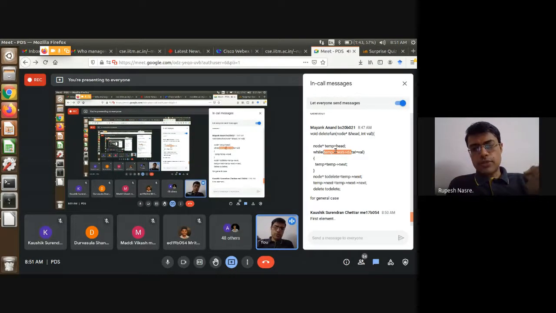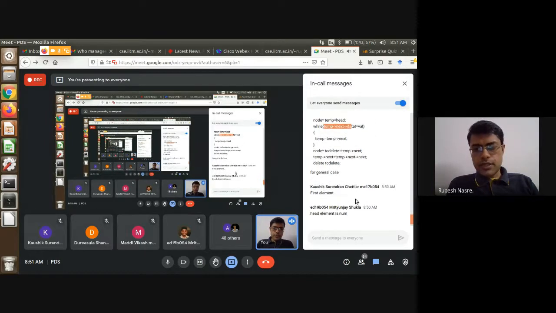So the first node's value, that is head arrow val, head arrow data, is not being checked because we are checking temp arrow next arrow data, which is essentially head arrow next arrow data. So we are skipping the first element being checked. That also needs to be looked at. But otherwise, to delete, it is temp arrow next equal to temp arrow next arrow next, and delete to delete. Yeah, that seems to be okay.